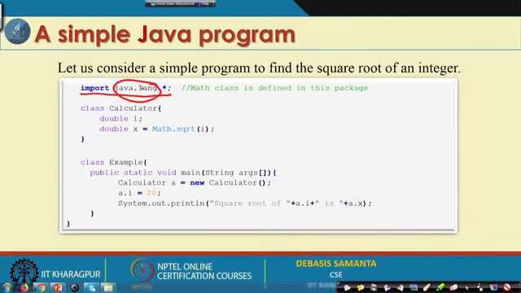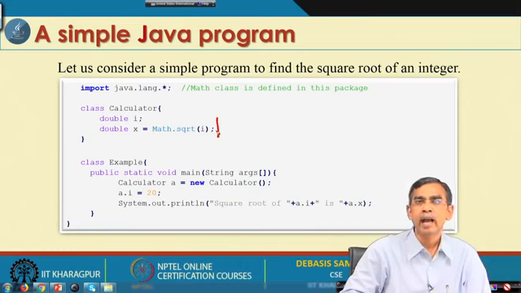It is a package where many classes and methods related to mathematical calculations are defined, so that we can access the square root. We do not have to define the square root method on our own, as it is already there in the lang package. So, this is basically a library method.